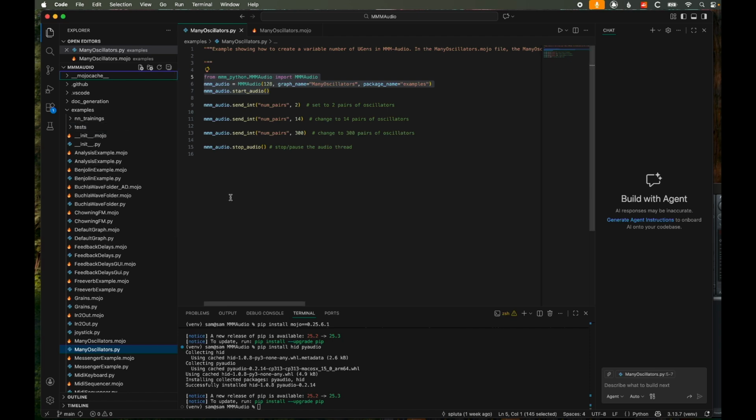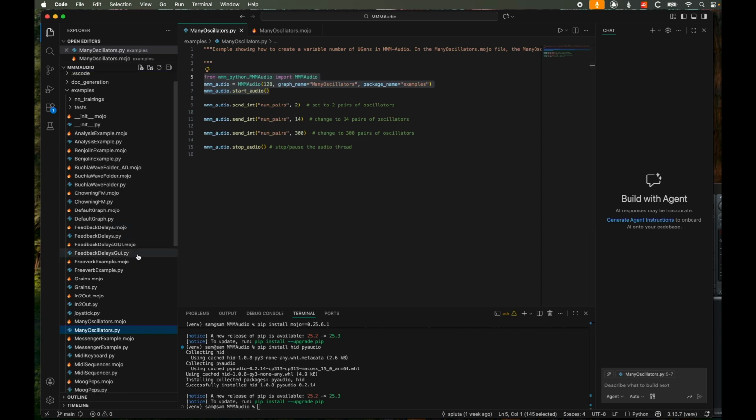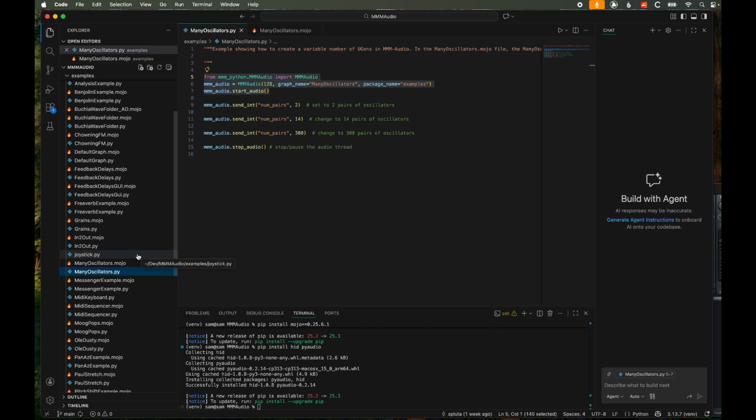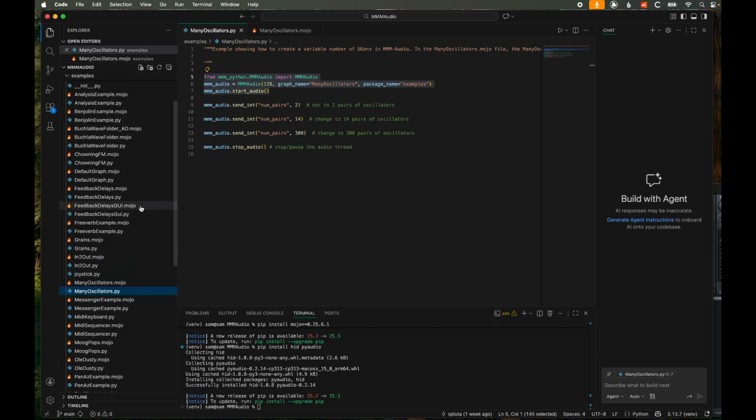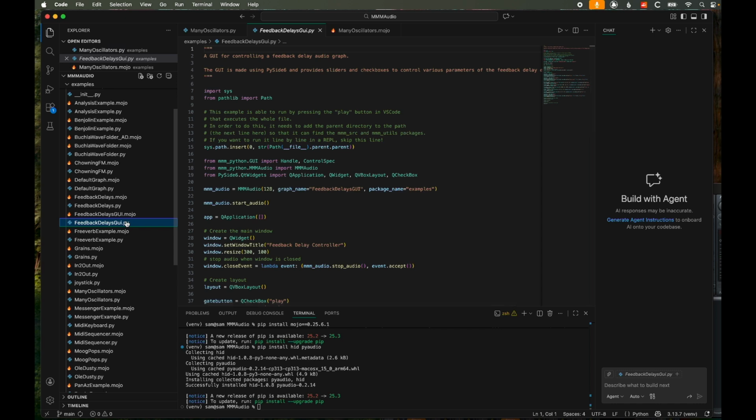Okay, let me just show a couple more things here. One is an example that uses the play button, or you can just run it in the terminal. So I'm going to do feedback delays GUI. Notice the file is called feedback delays GUI. These files, you can tell kind of what they are because it'll say something like import sys. It needs to run this line to be able to just run the file with the play button. So I'm going to run it with the play button,